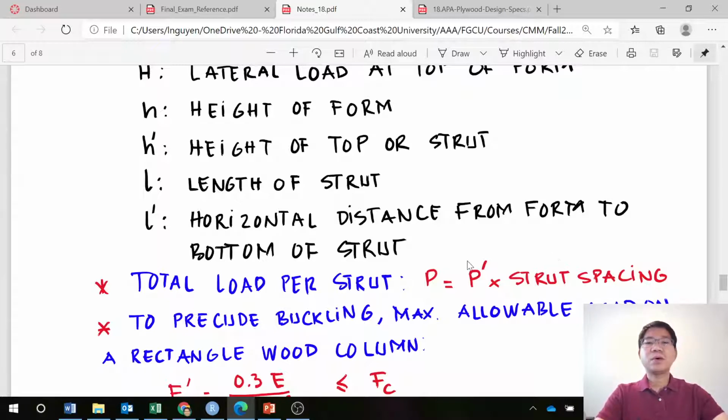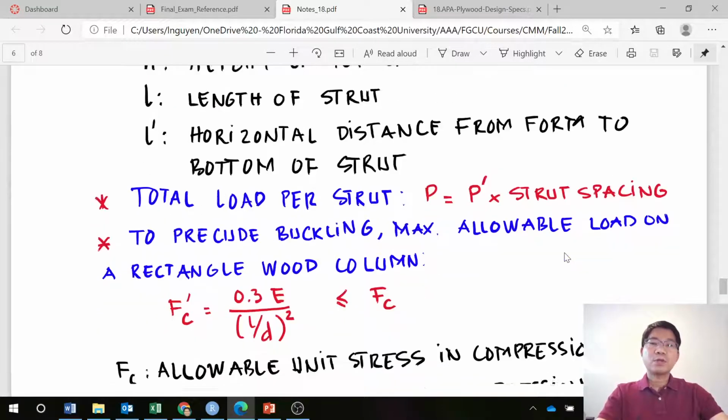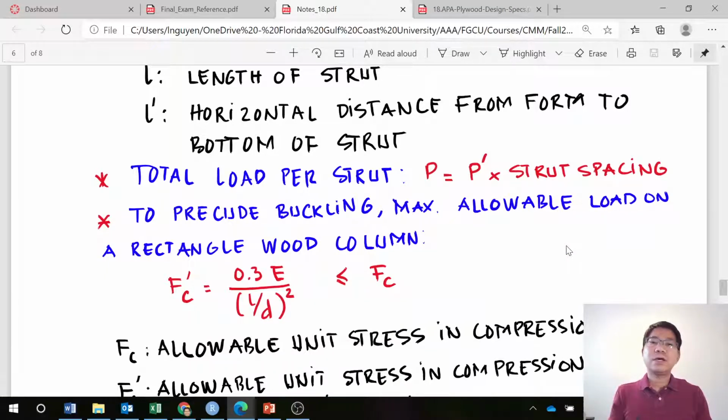Or if we know the total load per strut, we can determine the strut spacing. So with that equation, we can do it either way. In problem 2 in the next video, we will determine the strut spacing based on this equation. And of course, as you can see, the strut or brace can buckle because it can be in compression